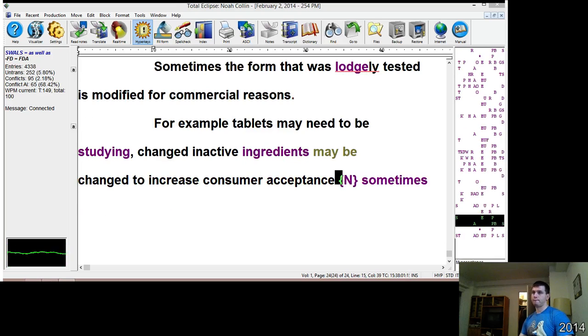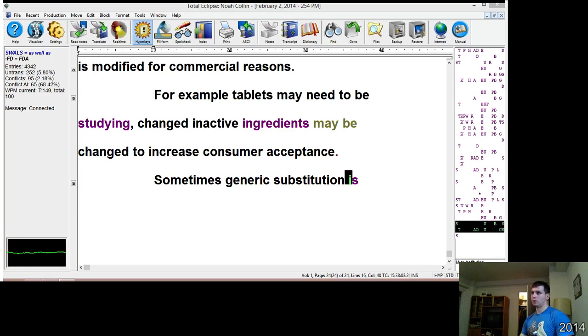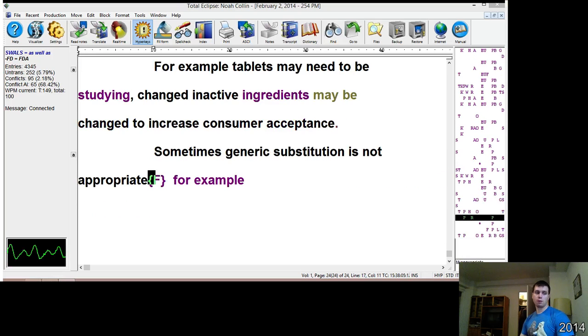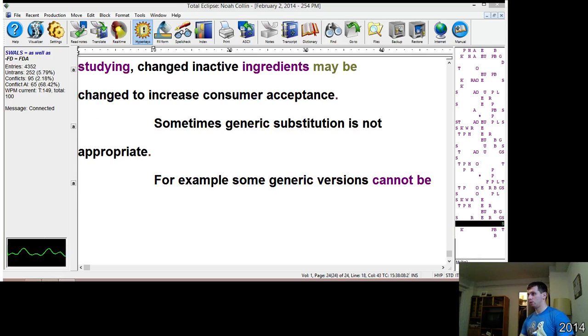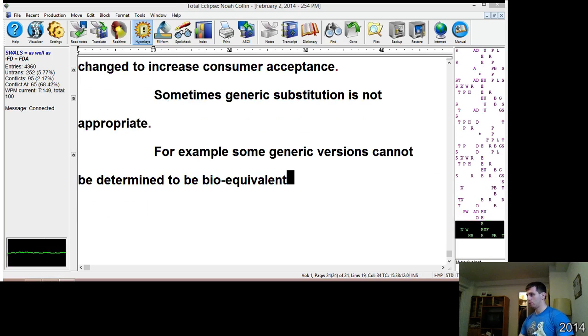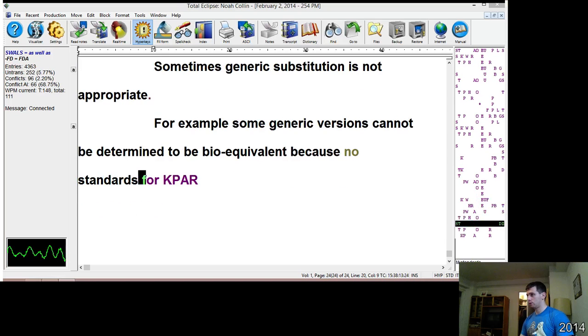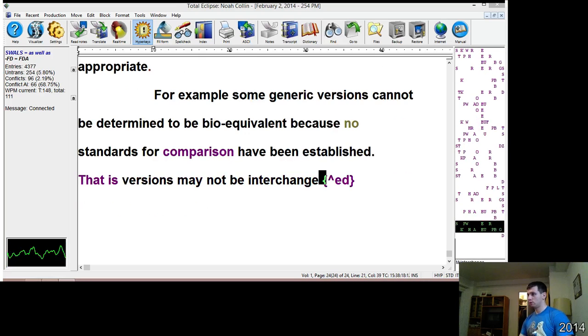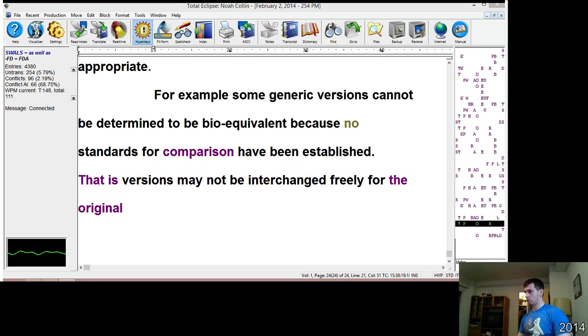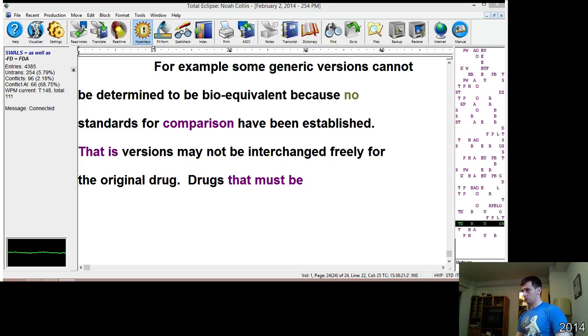Sometimes generic substitution is not appropriate. For example, some generic versions cannot be determined to be bioequivalent to the original drug because no standards for comparison have been established. These versions may not be interchanged freely for the original drug. Drugs that must be given in very precise